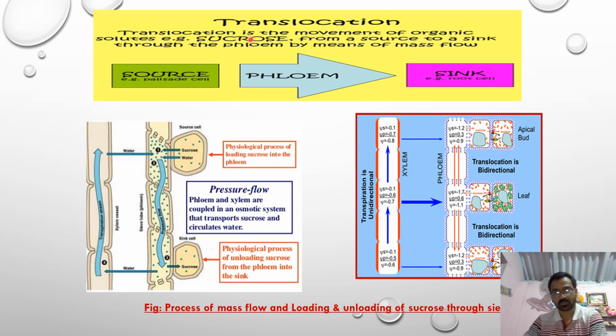Let us see. Translocation is the process where sugar flows from an area of higher concentration to lower concentration. The area of higher concentration is designated as the source, and the lower concentration is known as the sink, via the phloem channel. So let us see in the diagram. This is the xylem element, this is the sieve tube element. So what happens? Water is moving upward in a unidirectional way. This is the flow of water that occurs under the suction pull of deficiency of water caused at the aerial parts of the plant.